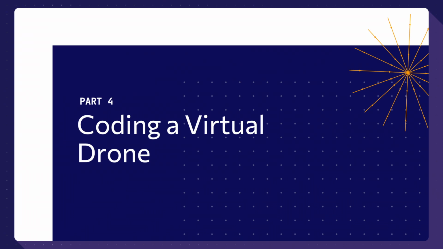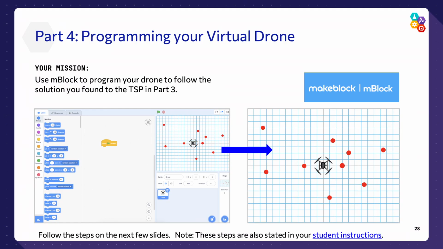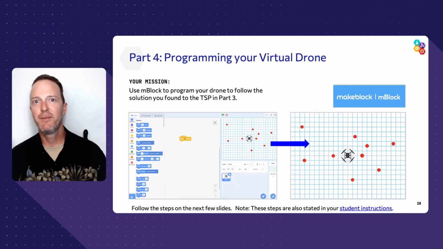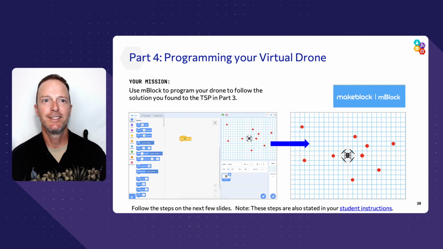A drone is an unmanned aerial vehicle, essentially a flying robot that can be remotely controlled or fly autonomously using software, GPS, and other sensors. We will be using MBlock, which is similar to a Scratch-based virtual language. To solve this challenge, you will guide your drone between the cities as shown in this map. Be sure to try to find the most optimal route.